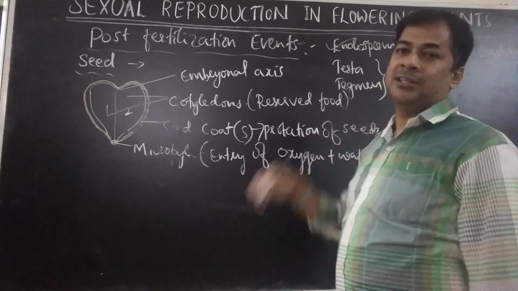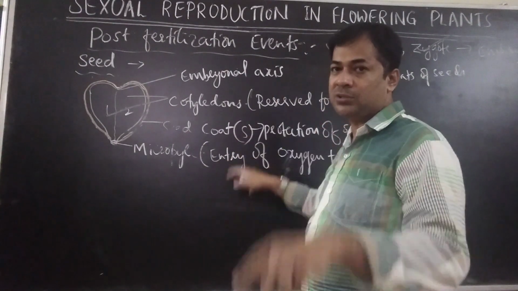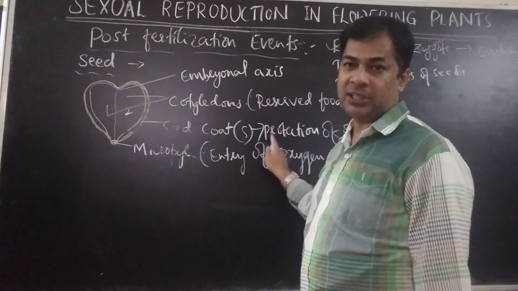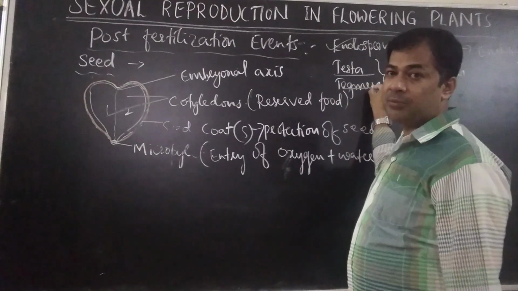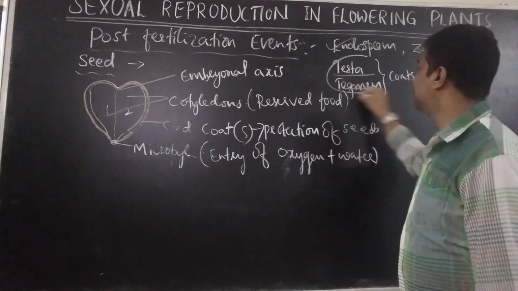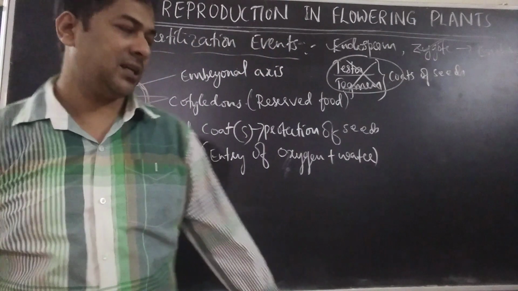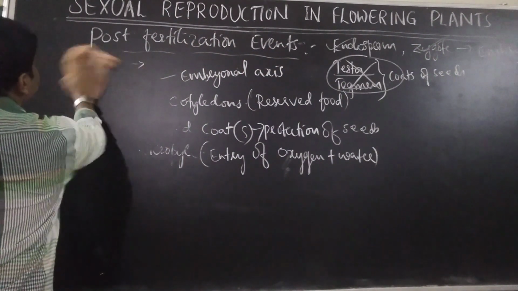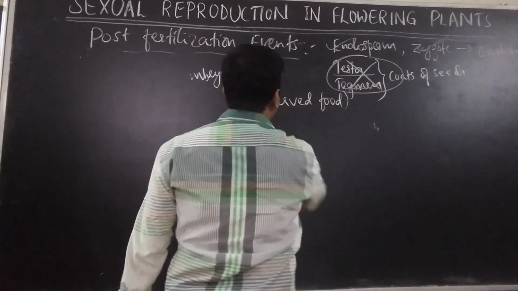That's why I told you seed coats. Sometimes it will be a single coat, sometimes it will be two coats. If two coats are there, meant for protection of the seed, the outermost will be testa and the inner will be tegmen. This is not there for you, but remember that it is also there. Next, let us see the structure of different seeds. Then I have to draw a diagram here.